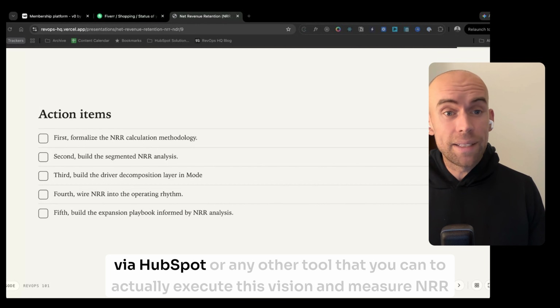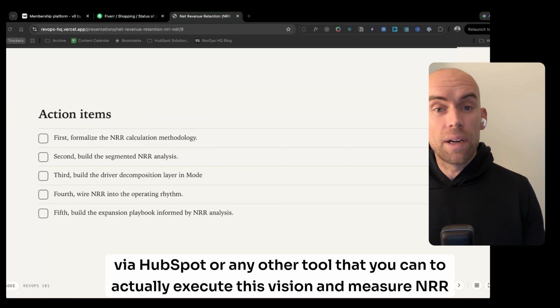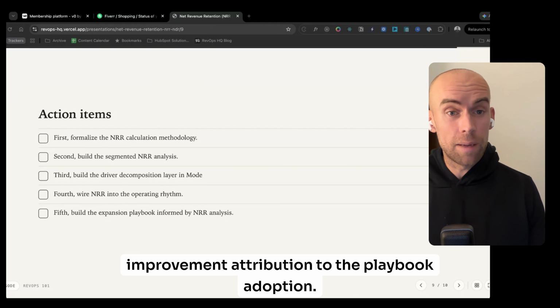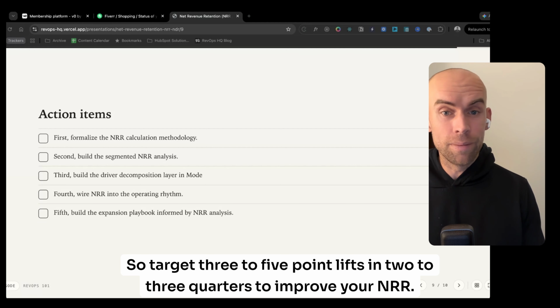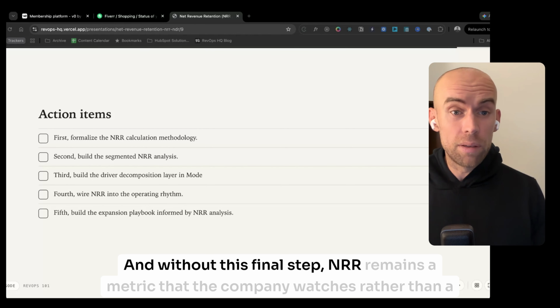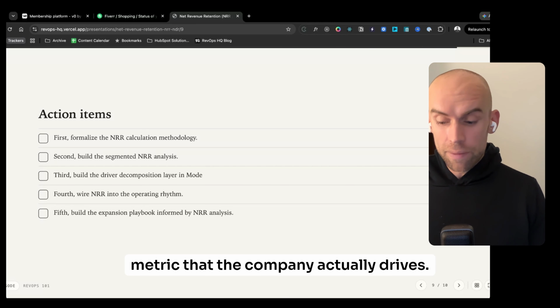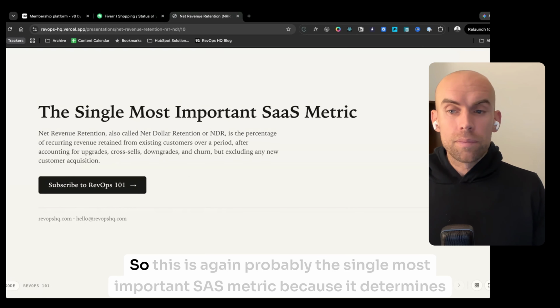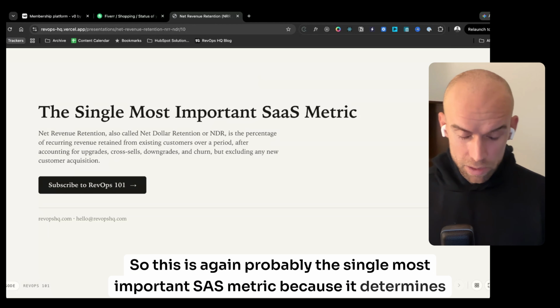via HubSpot or any other tool that you can to actually execute this vision and measure NRR improvement attribution to the playbook adoption. So target 3 to 5 point lifts in 2 to 3 quarters to improve your NRR. And without this final step, NRR remains a metric that the company watches rather than a metric that the company actually drives. So this is, again, probably the single most important SaaS metric because it determines, are you growing or